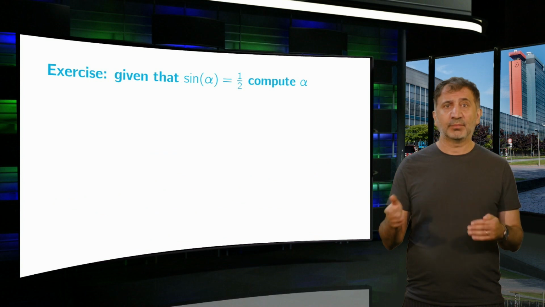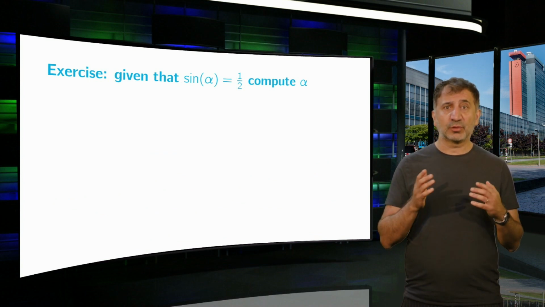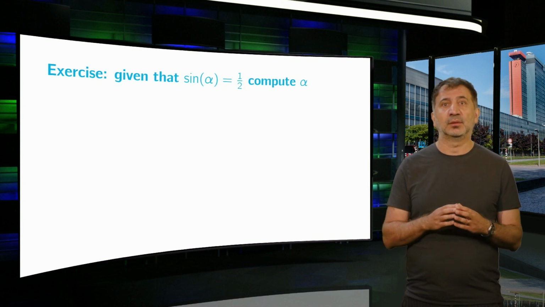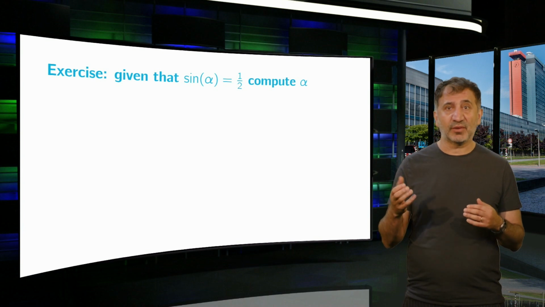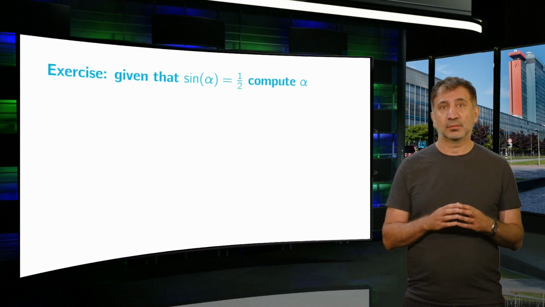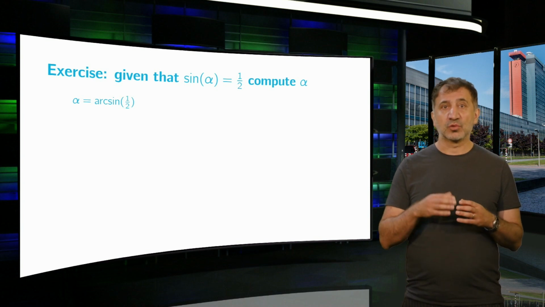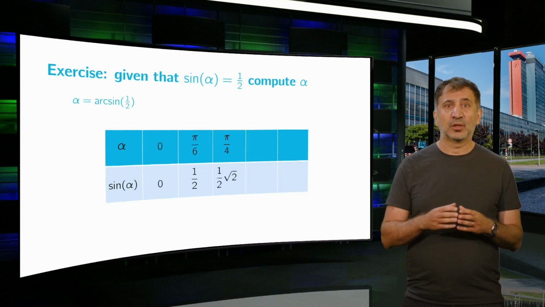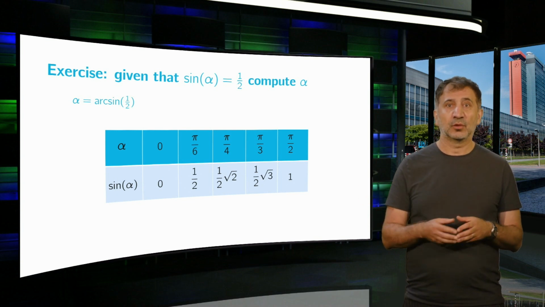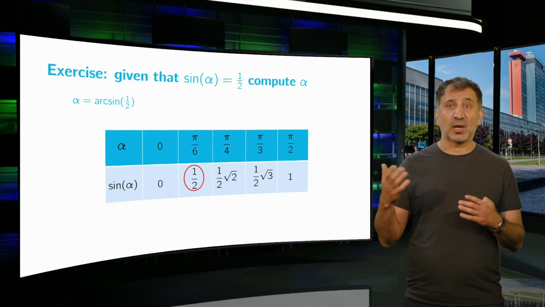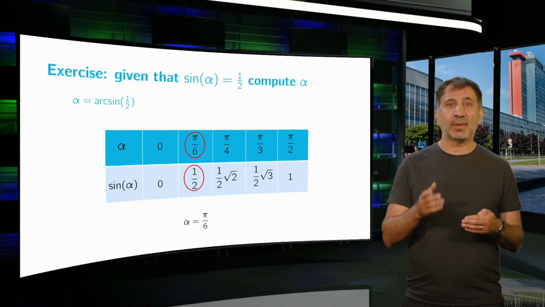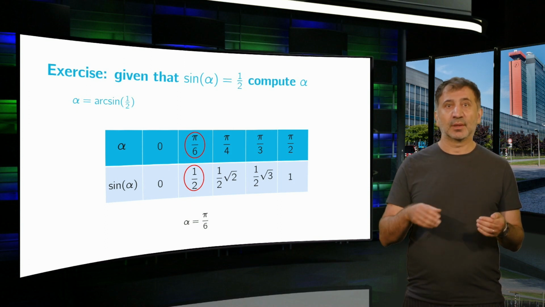When you compute angles by using inverse trigonometric functions, you have to take the corresponding domains and ranges into account. Here is an example. What is alpha if the sine of alpha is equal to 1/2? In other words, find the angle whose sine is equal to half. Here is a table you probably used to find the sine of certain angles. Just use it the other way around now. The angle for which the sine is equal to 1/2 is π/6. π/6 is in the interval from -π/2 till π/2. So this is the answer.